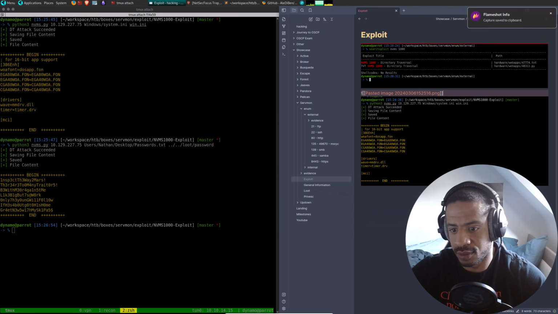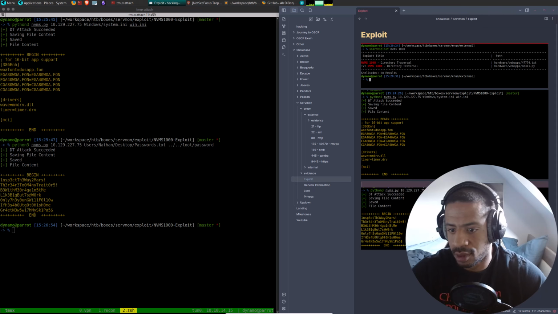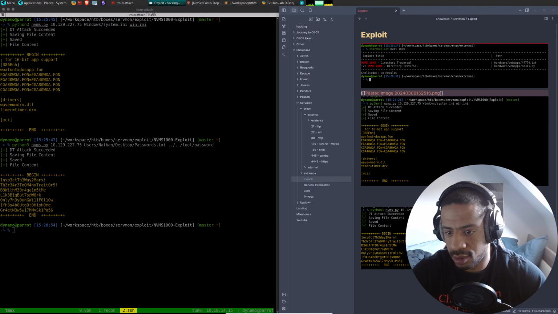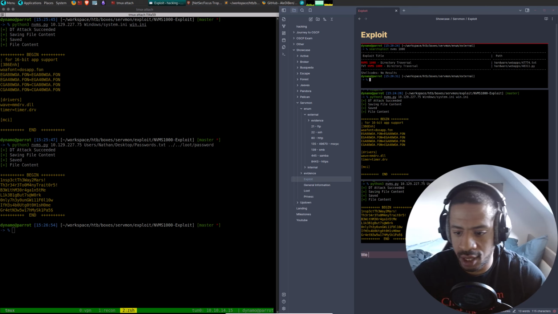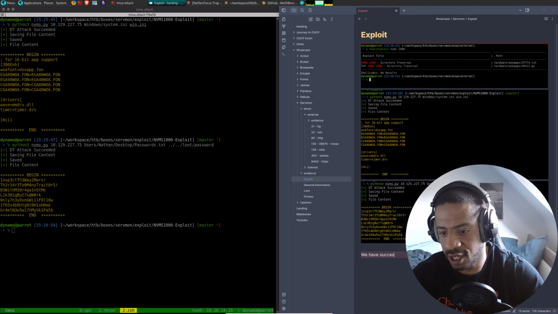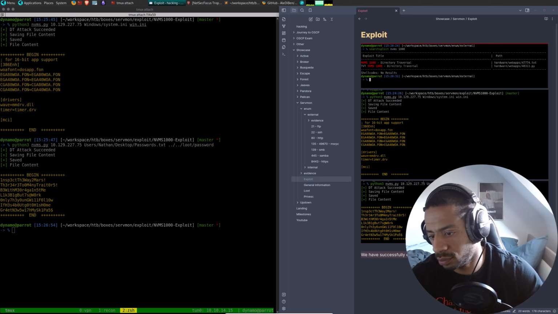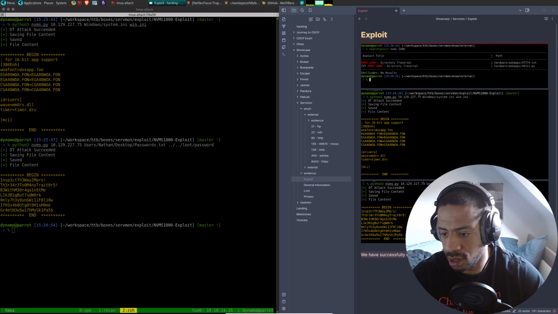On exploit. So we have successfully exploited the directory traversal vulnerability and recovered some passwords.